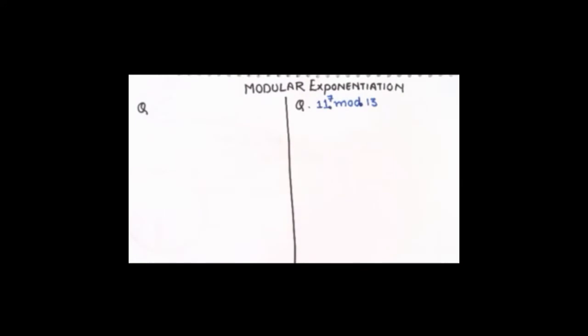So at least this is something which you can solve by calculator, but there are huge numbers. For example, 11 to the power 94 mod 13. Now this would be out of the capacity of a calculator too. So today we are going to discuss a method that you can use without even using a calculator. Okay, so let's start by finding the value of 11 to the power 7 mod 13.